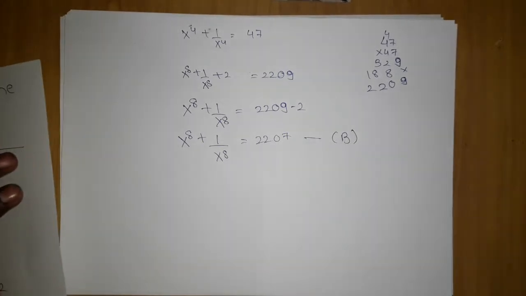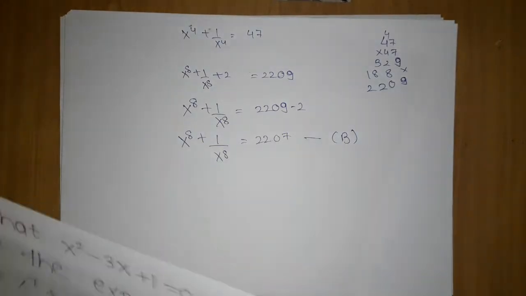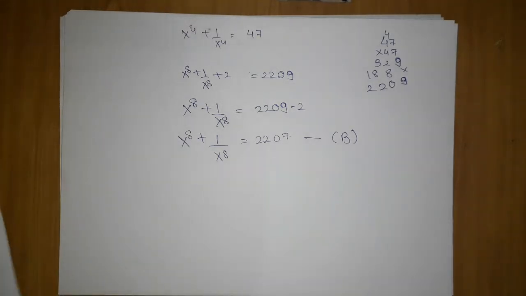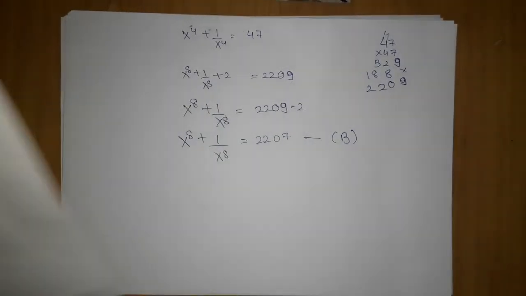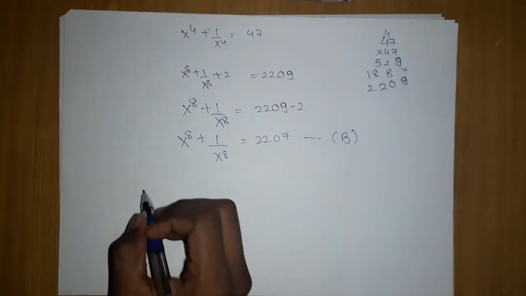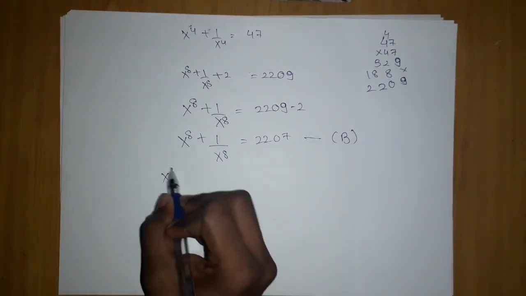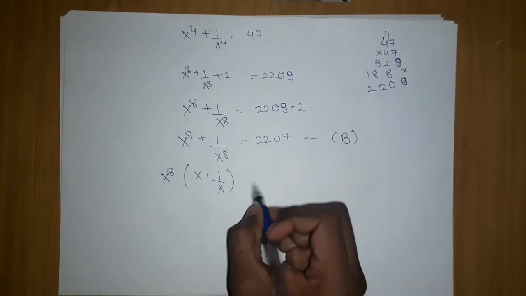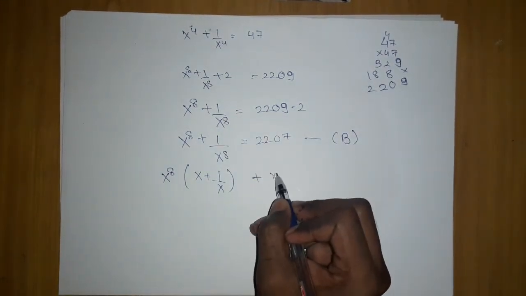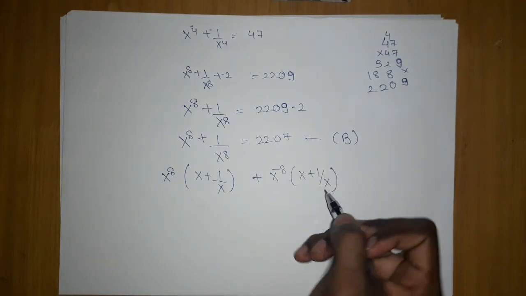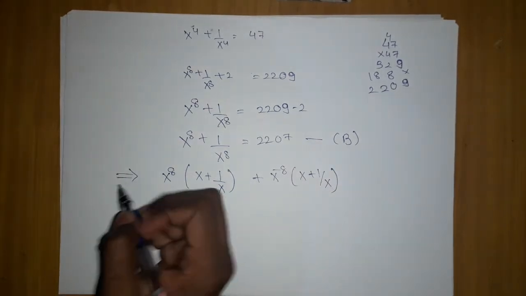Okay, now this thing will come by experience. You cannot get this just by seeing this problem the first time; you are not able to predict this. So just think. Such a thing can happen. If I do x to the power x plus 1 upon x, and if I do a similar thing, x to the power minus 8 into x plus 1 upon x, just think how I got this.